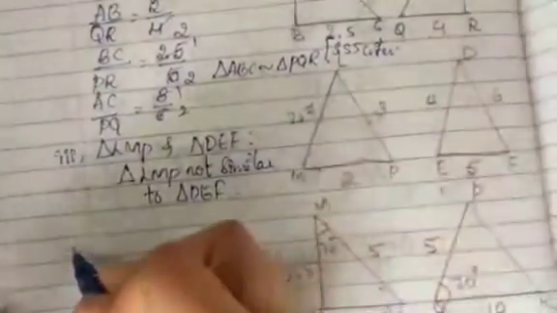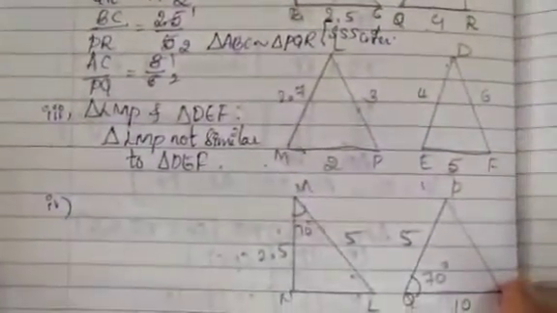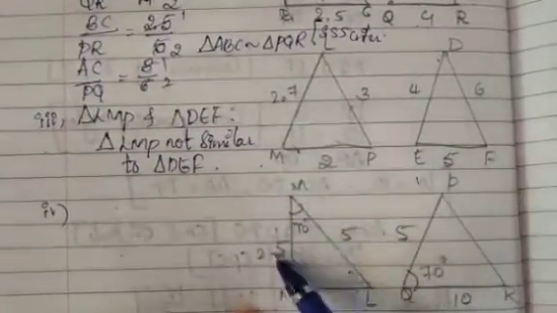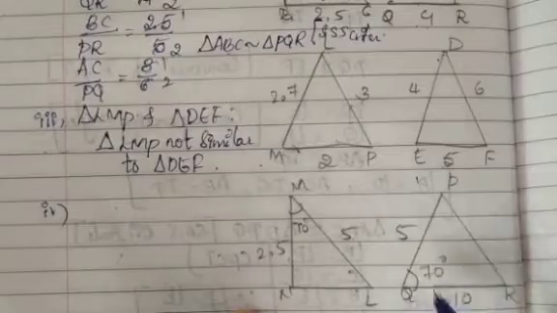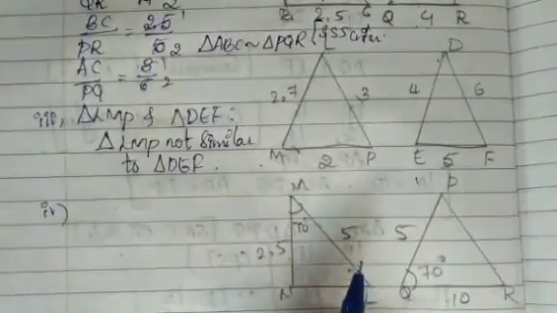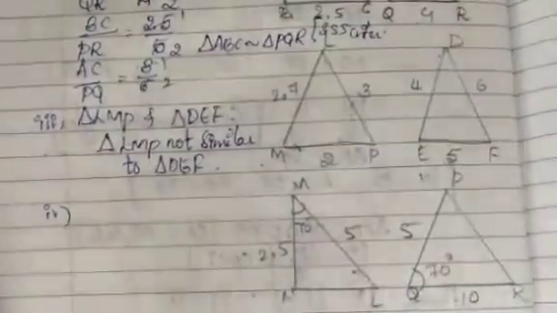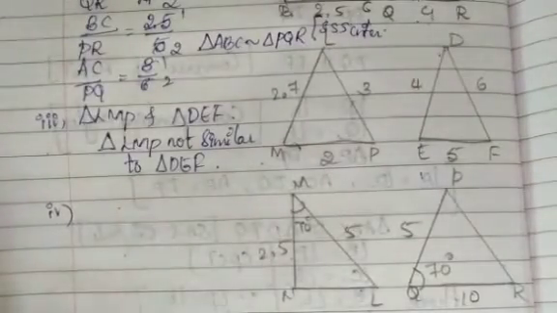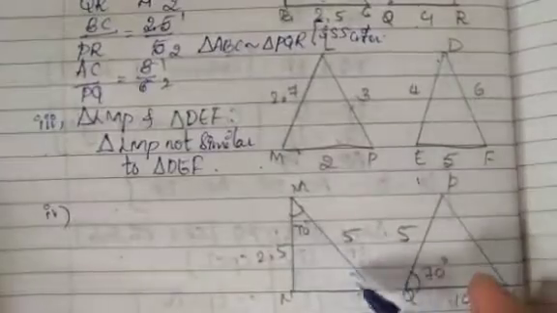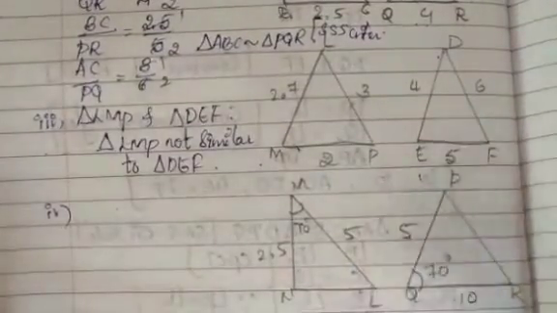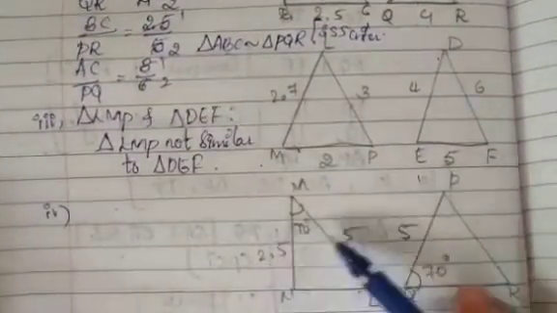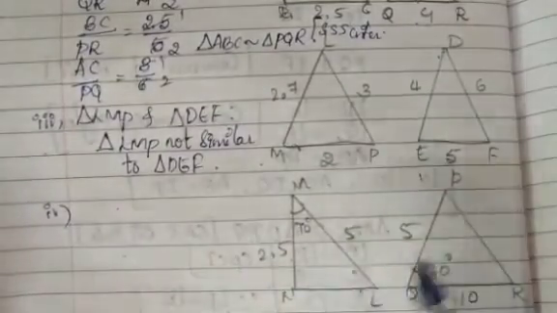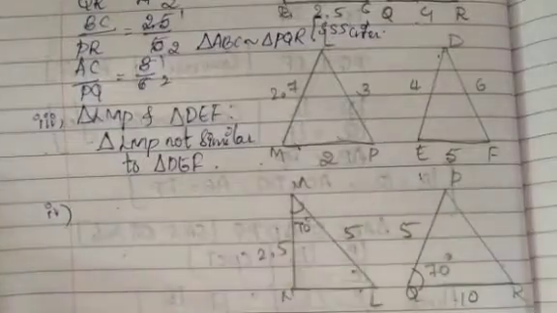Similar to this, let me take the fourth question here. For the fourth question, one angle is given and two sides are given. That means the SAS criteria, or SAS theorem, which we have discussed. In that, one angle was given and the sides including that angle are proportional to each other. Same thing is happening here. The included sides are proportional; you have to prove this. If you prove that, then these two triangles are similar to each other.